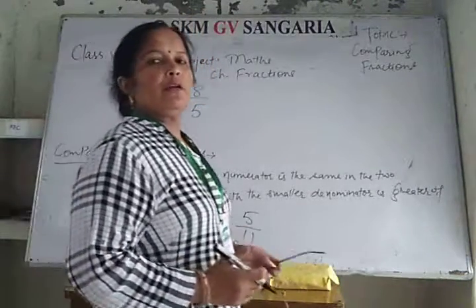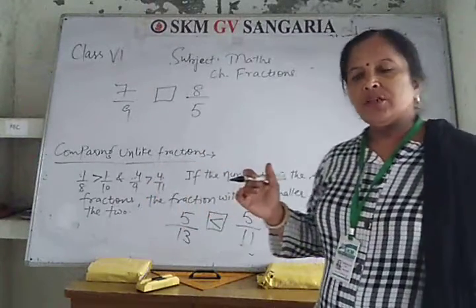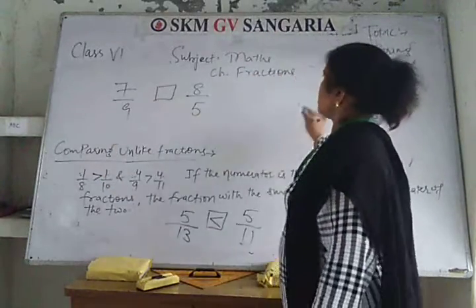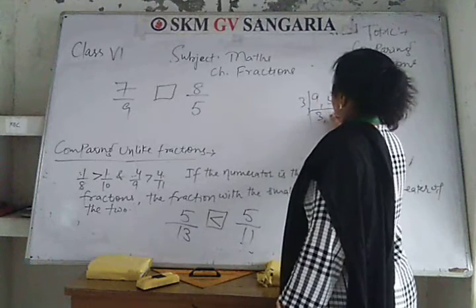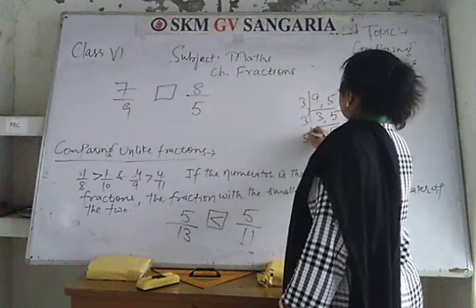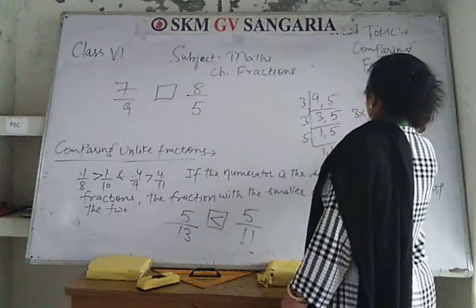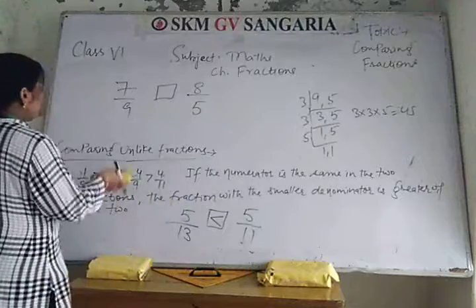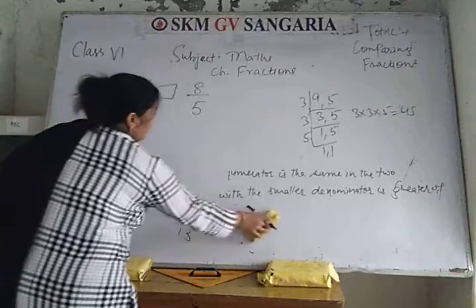Either you can convert both fractions into like fractions by taking the LCM of both denominators, 9 and 5. The LCM of 9 and 5 will be: 3 threes are 9, 5 does not come in 3, so 5 as it is. So 3 threes are 9, and 9 fives are 45. So you take 45, and the denominators of both fractions will be converted